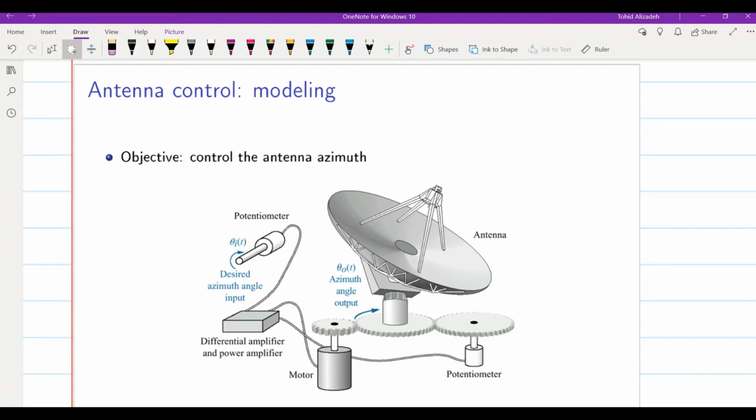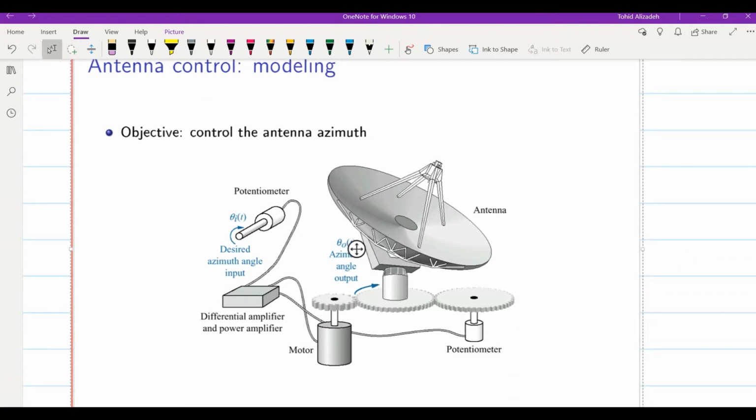Hello everyone. In this video we are going to have an example of designing a controller using the Root-Locus approach. The example that we have is regarding an antenna control system. In terms of the modeling, over here you can see the